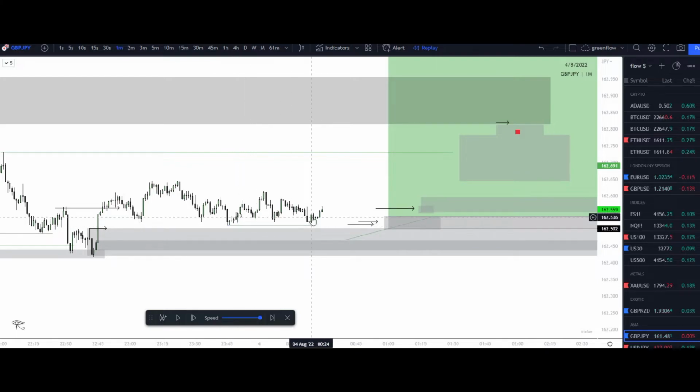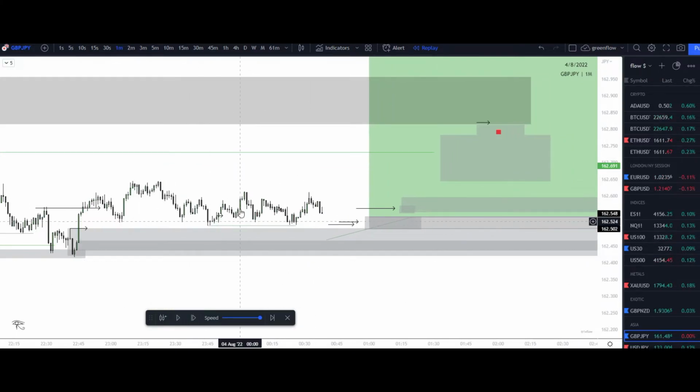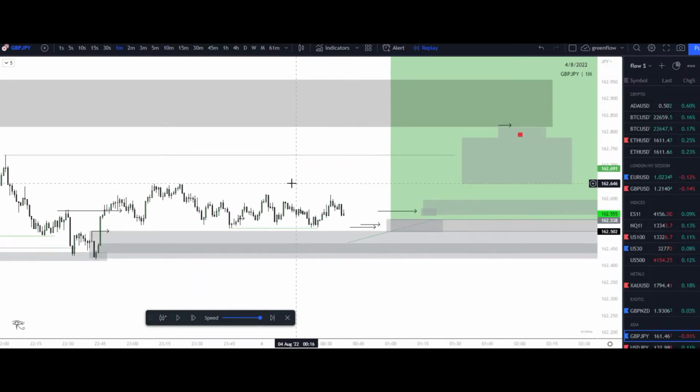All right, we see it created more liquidity, came back down, took these lows out right here. Then it moves up, takes out all these equal highs right here, fills this imbalance from this high that caused this internal low right here. So we are expecting those lower prices still.